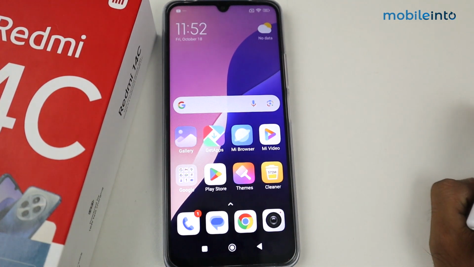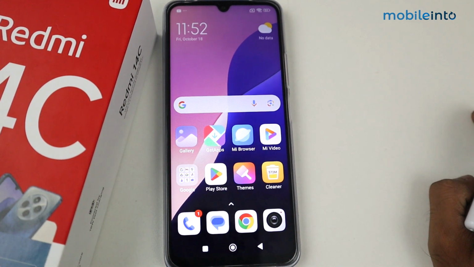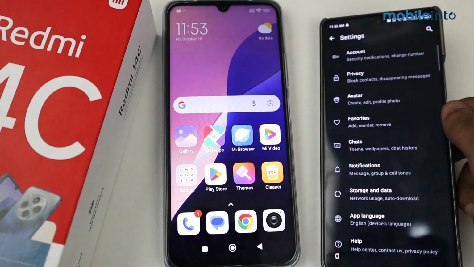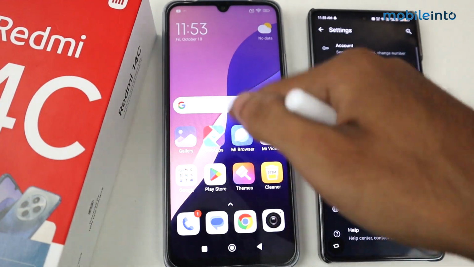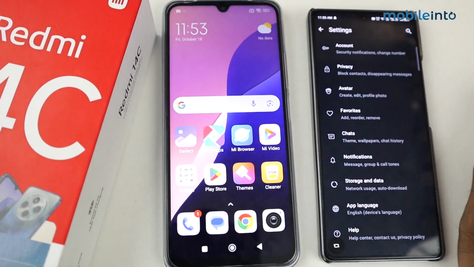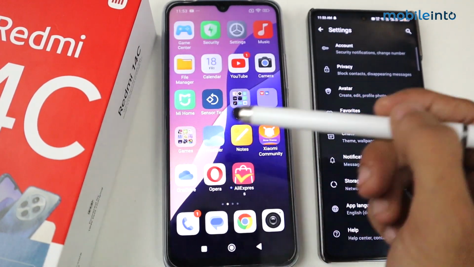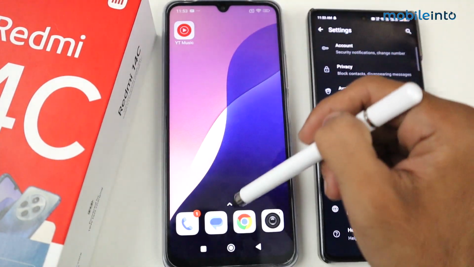Hey guys, what's up? In this video, I'm gonna show you how to transfer WhatsApp data from Android to Redmi 14C device. Guys, let's suppose I have this device and I want to transfer WhatsApp data from this device to this device. So all you guys have to do is, first of all, install WhatsApp on this device,